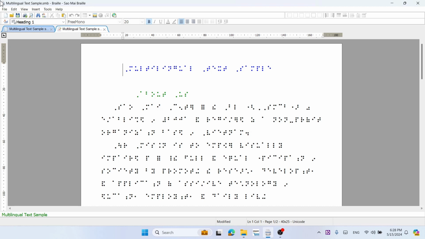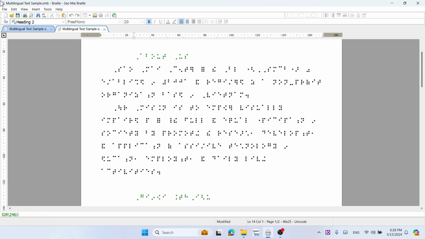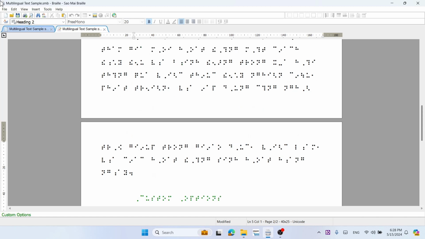The English section following is translated using Unified English Contracted Braille. All Vietnamese content is translated using Vietnamese Uncontracted Braille. After the heading text, Custom Options, is the paragraph in Norwegian, translated using the Norwegian Grade 2 Contracted Braille table. You will also see there are Braille indicators added to the start and the end of the paragraph, starting with dot pattern 36 and 236, and ending with 36 and 356.